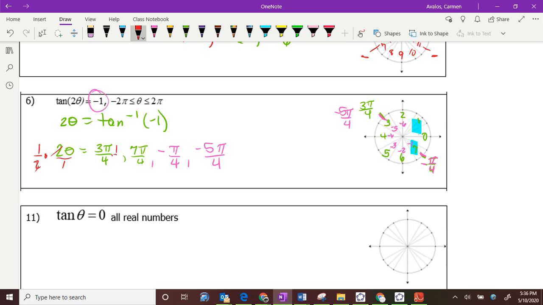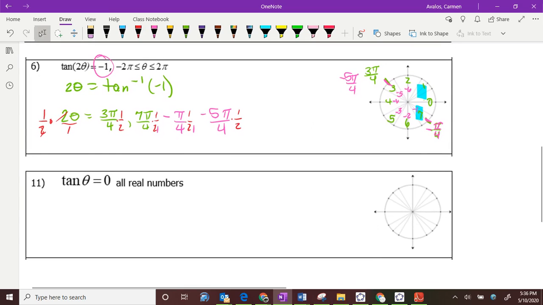I'm going to multiply this by 1/2, multiply that by 1/2, multiply that by 1/2, multiply that by 1/2, because that means that all the angles, which are those 4 angles, are actually half the angles because it's twice that angle. And so we end up with our final answer to be 3 pi over 8, 7 pi over, so that's a 2, not a 4, 8,